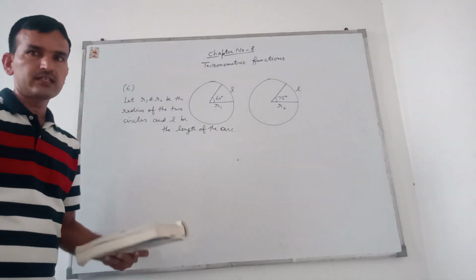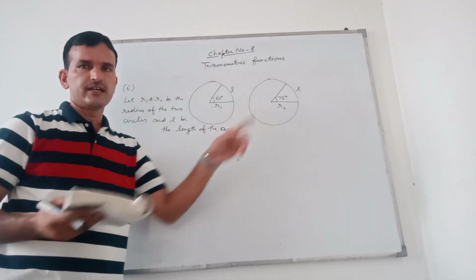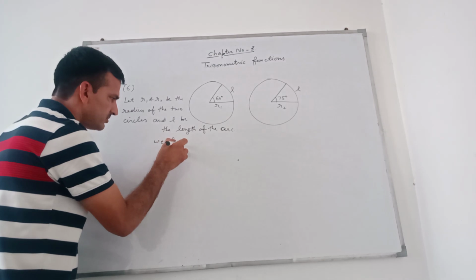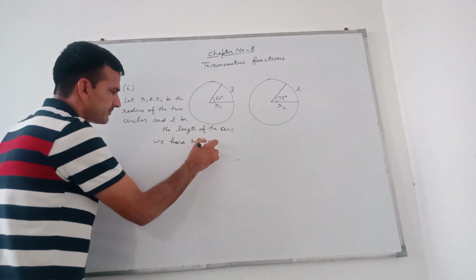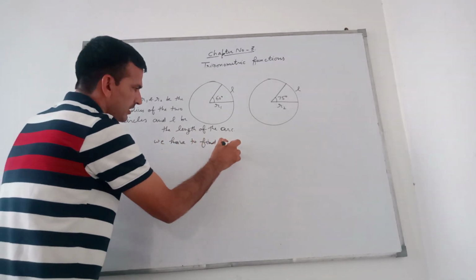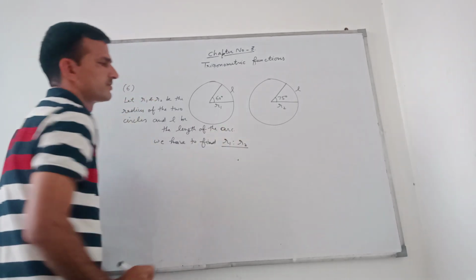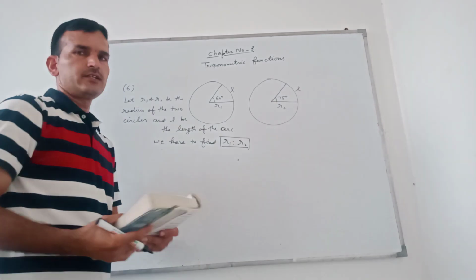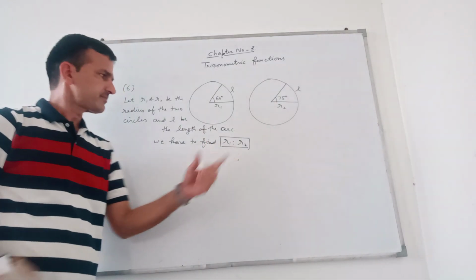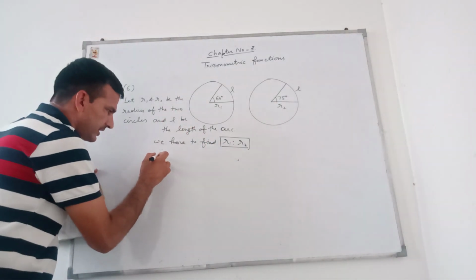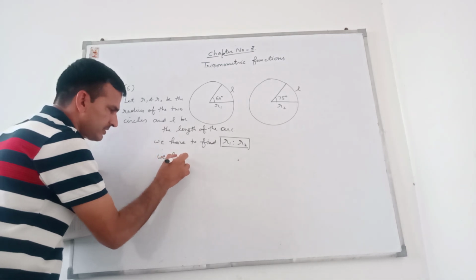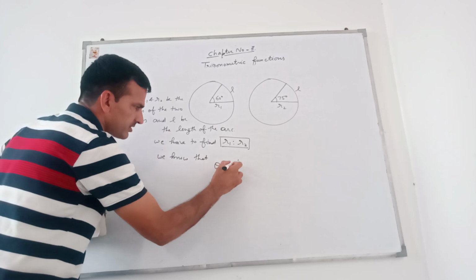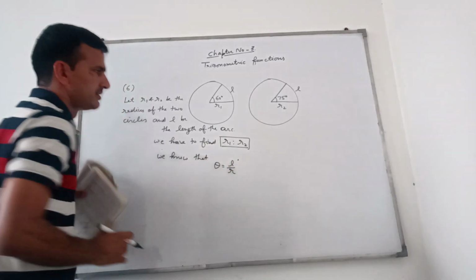Now we have to find the ratio of their radii, R1 ratio R2. हमें ये फाइंड आउट करना है कि इसकी रेडियाई का रेशियो ऑफ देयर रेडियाई. We know that the same formula: theta is equal to L by r. We know that theta is equal to L by r.